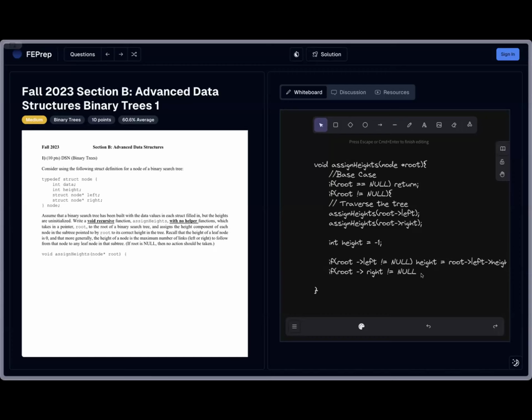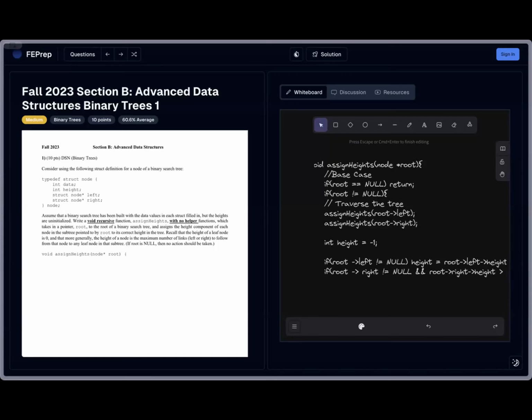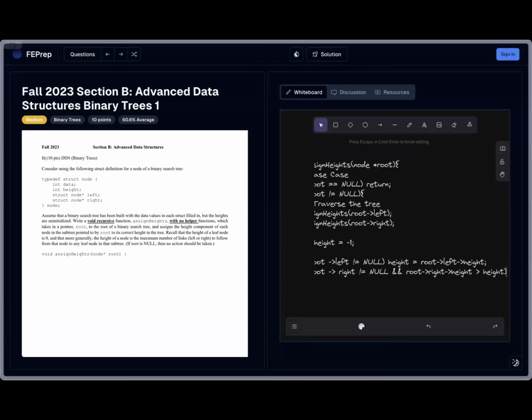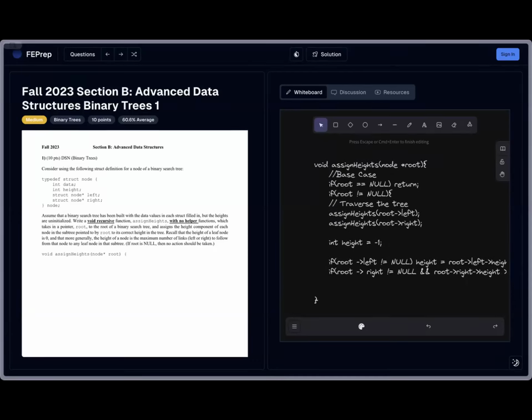All right. So the next check you're going to want to do is to see if the current right height is greater than the current height which holds the left subtree. And if that's the case, you're going to replace height with root pointing to right, pointing to height. So we'll replace that, and height will now be equal to the right side. And that's only if the right side is greater than,